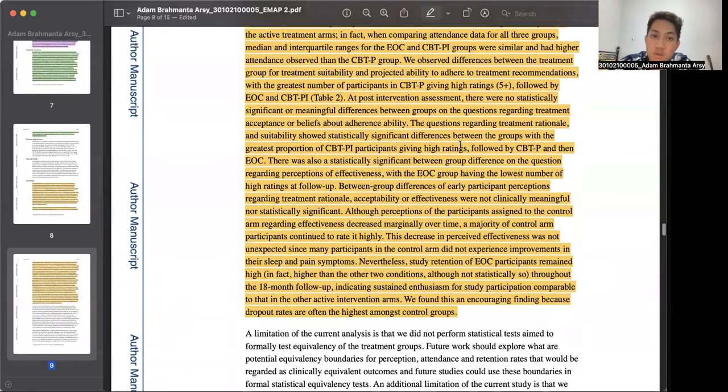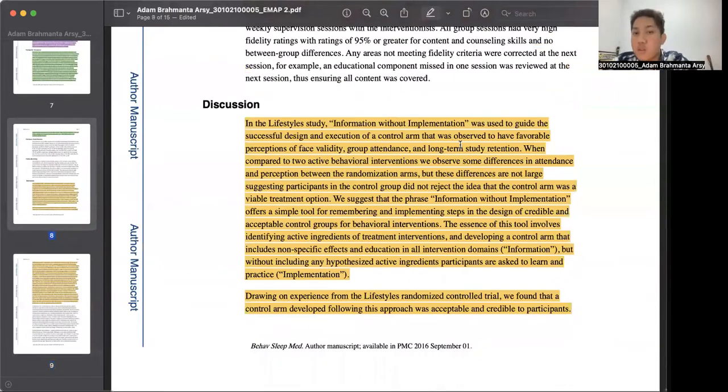And then we continue to the discussion. In the LIFESTYLE study, the "information without implementation" approach was used to guide the successful design and execution of the control arm, which was observed to have favorable perceptions of face validity, group attendance, and long-term study retention. When compared to two active behavioral interventions, we observed some differences in attendance and perceptions between the randomization arms, but these differences are not large, suggesting participants in the control group did not reject the idea that the control arm was a viable treatment option, which suggests that the